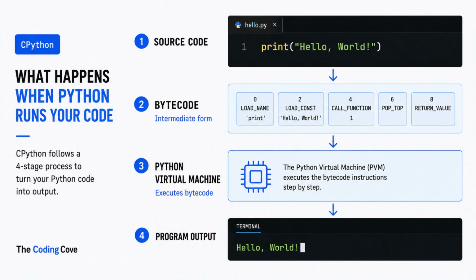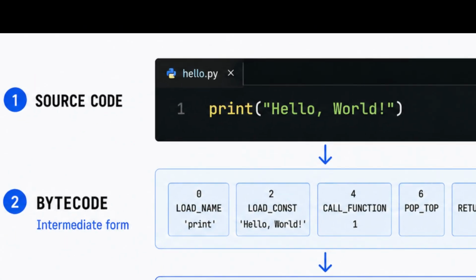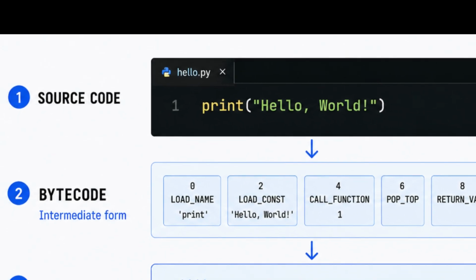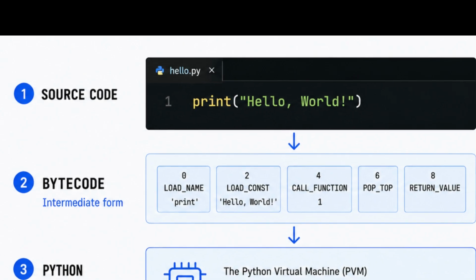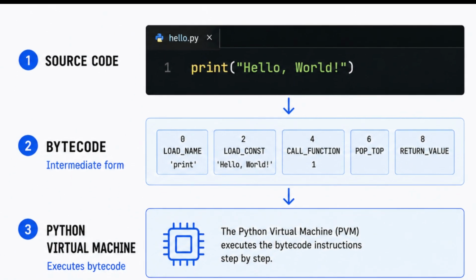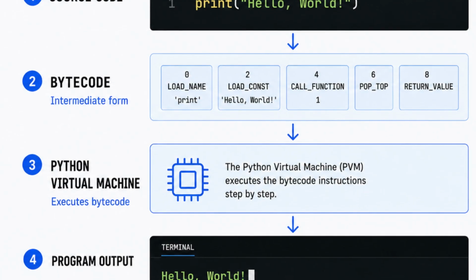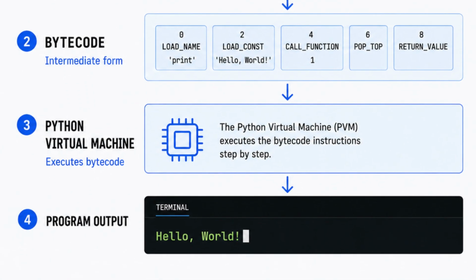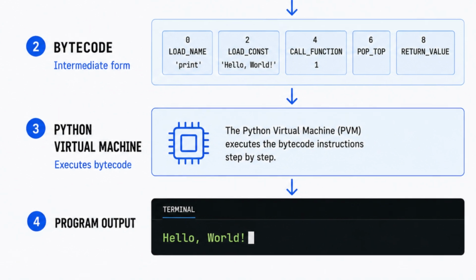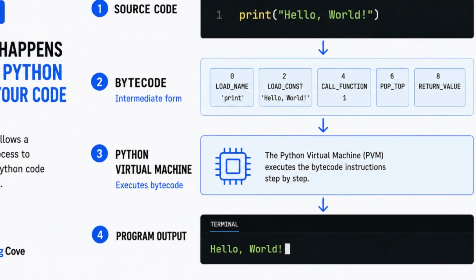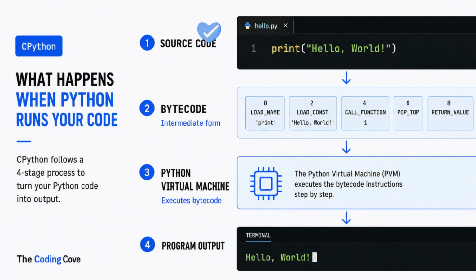First, Python reads the source code in our file. With the standard Python implementation, called CPython, that source code is compiled into an intermediate form called bytecode. The bytecode is then executed by the Python virtual machine. And eventually, we see the output from our program. So you can think of the process like this: Python source code, then bytecode, then the Python virtual machine, then